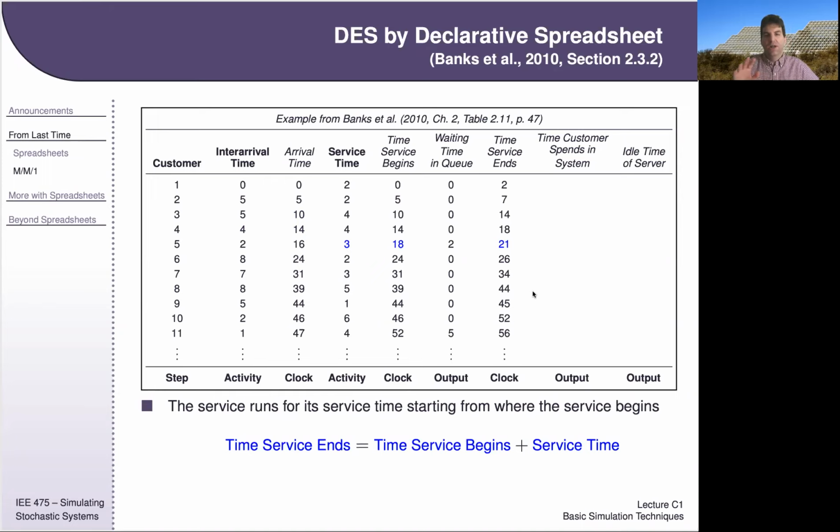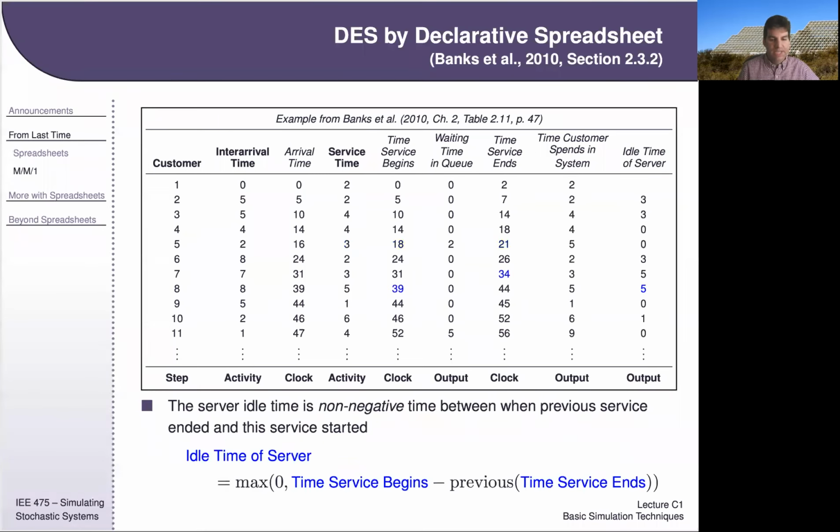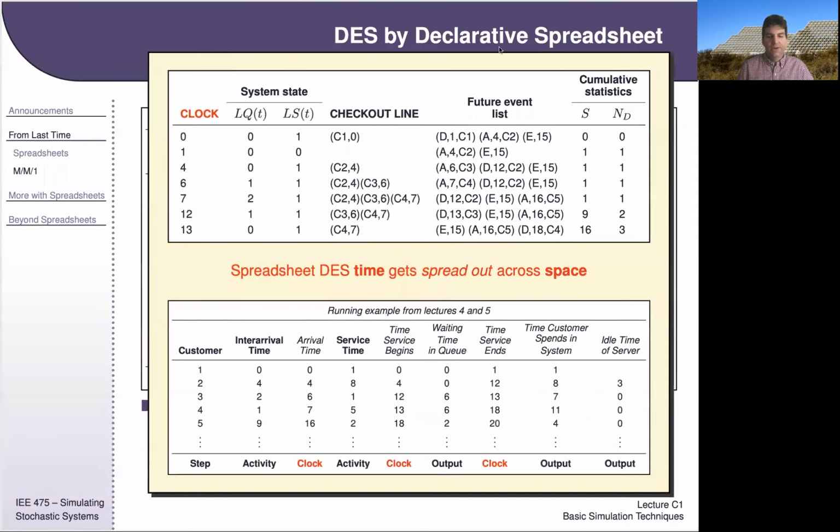And as more columns get populated and you fill these things down, you end up with the whole discrete event system simulation. It looks very different than a hand simulation, but all of the same data are in there. If we compare your hand simulation, which would be the thing up top, and the spreadsheet, which is down at the bottom here,